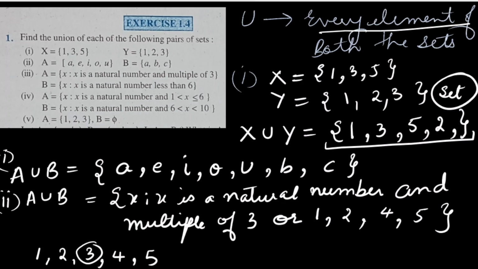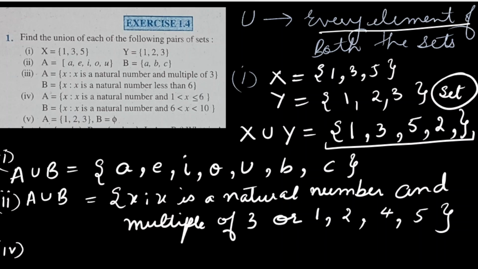So this is how we can write A union B for this one. This is a little different from the previous ones. So I'll just tell you one thing. First of all, write the elements of A. If it is an infinite set, write the set in set builder form itself, then write OR and write the elements of set B. If this is also infinite, write the elements again in the set builder form.